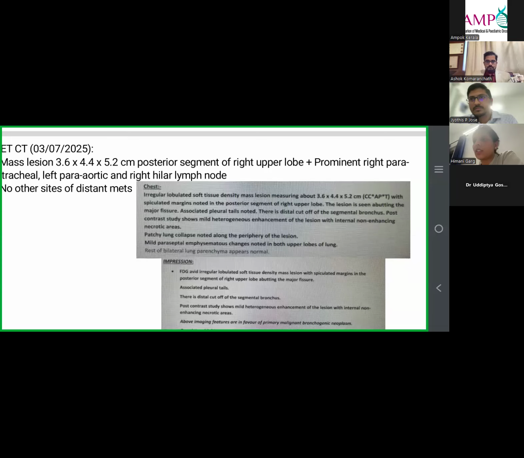That shows the irregular lobulated lesion, a lobulated lesion of size 5.2 centimeter. Let's make it brief. So there is a lesion in the right upper lobe abutting the major right upper fissure. Anything else abutting the major fissure? Sir, also there was a lymph node in the left,